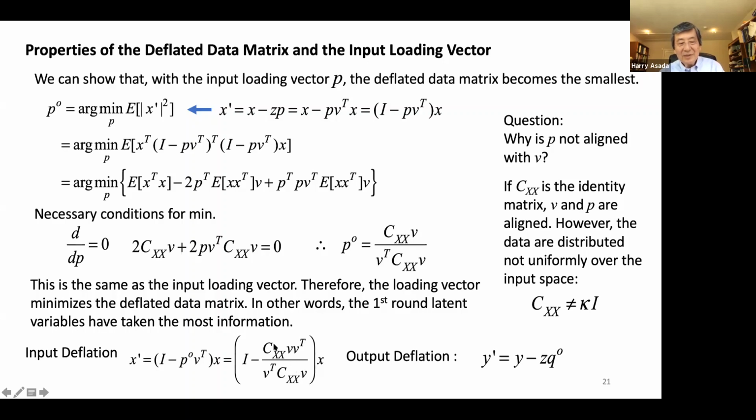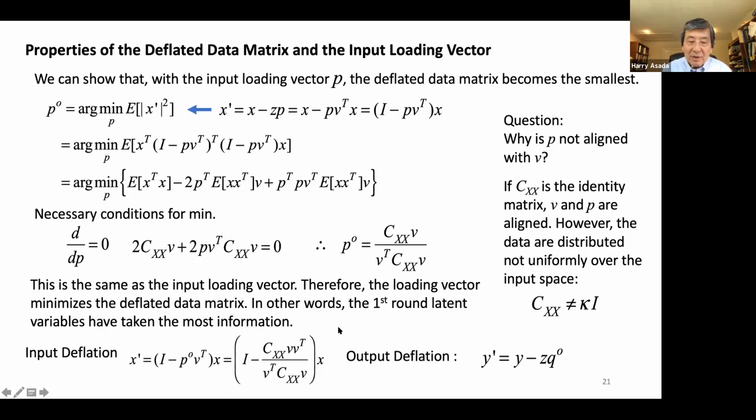And with the identity matrix, this becomes basically the original V vector. So P and V are basically the same. But in case CXX is not spherical, the round one, and instead has some directional anisometric properties,